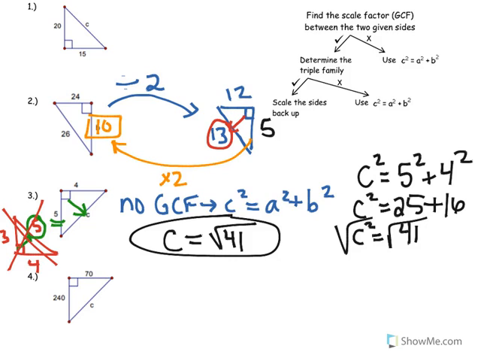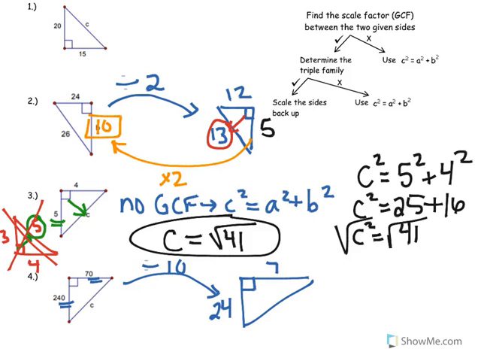Okay? Let's do one more example, number 4. Remember, I'm always checking for the GCF first, so my side lengths are 70 and 240. Whenever you guys have a 0 at the end, we should know that the factor of 10 always will go into that, okay? So I have 70 divided by 10 is 7, 240 divided by 10 is 24,